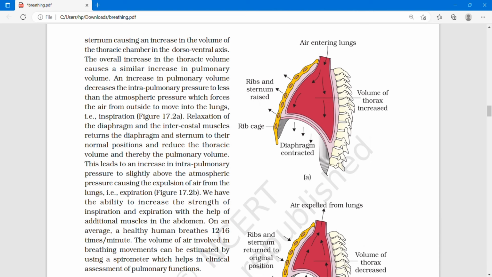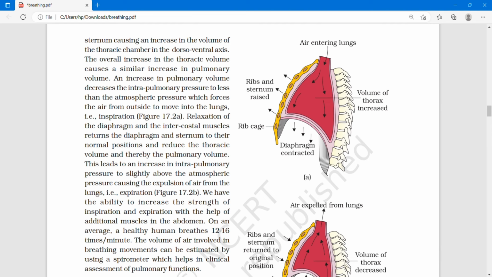The overall increase in the thoracic volume causes a similar increase in pulmonary volume. An increase in pulmonary volume decreases the intrapulmonary pressure to less than the atmospheric pressure, which forces the air from outside to move into the lungs. That is inspiration. That is given in figure 17.2a. Relaxation of the diaphragm and the intercostal muscles returns the diaphragm and the sternum to their normal position and